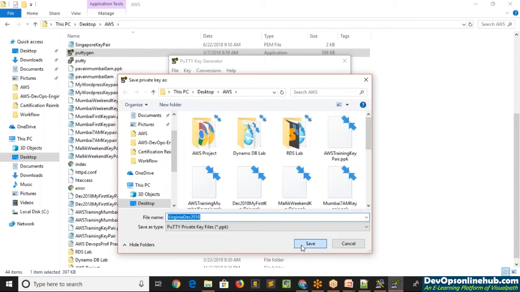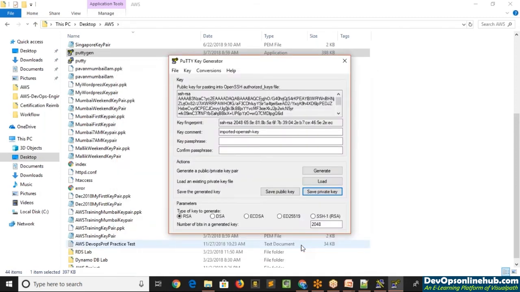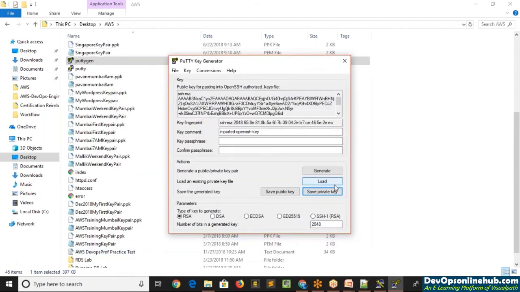There we go, I have saved the PPK file. Now I'll quickly log in to the server using that file.